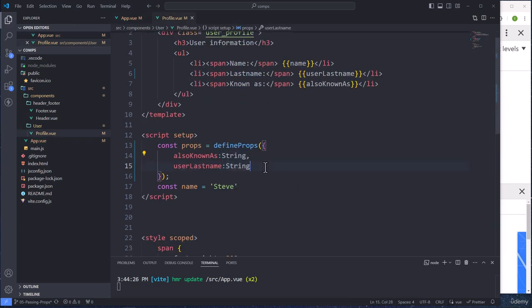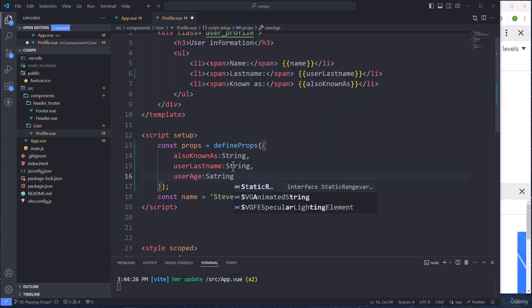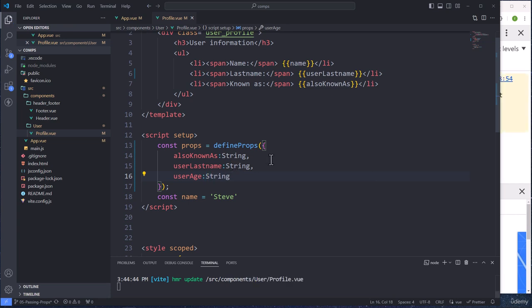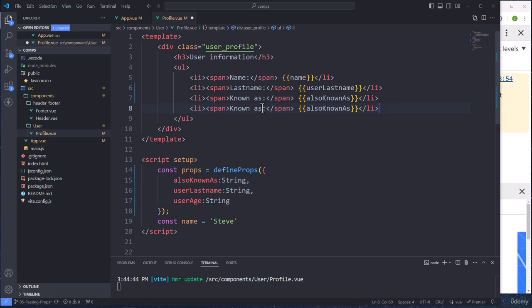We need to go here and say that we are going to get that user age. And then this user age is going to be equal to a string or a number. It depends on what you want to do. For now, I'm just going to say string because, again, I want to show you something. I'm going to show you how this works. Since now we are working with the string, I guess I'm going to need to copy this and go right here at the bottom and just say that we are expecting the age